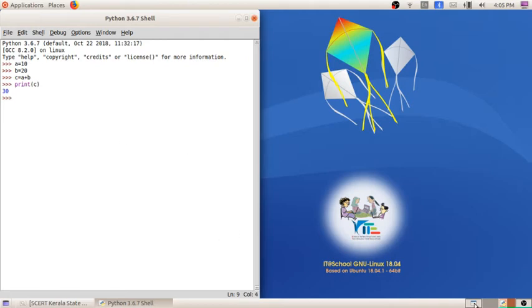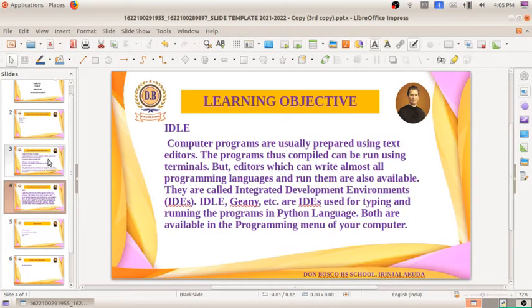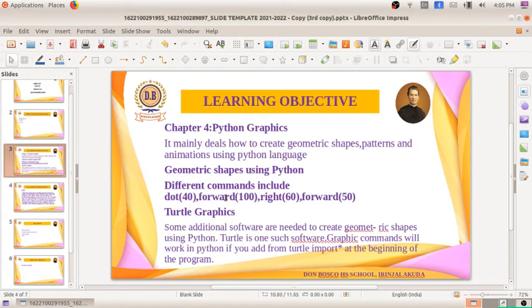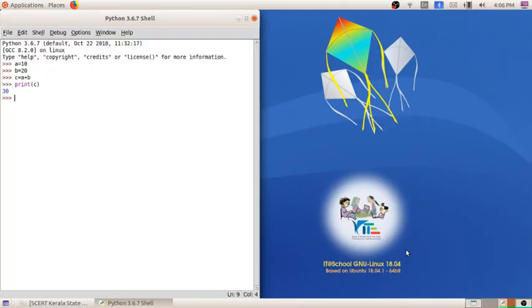Some of the commands are forward, dot, right, etc. So I am typing the command dot of 40. You can see the difference.